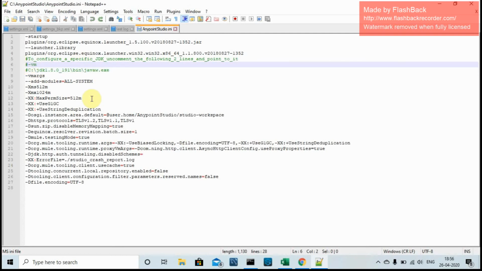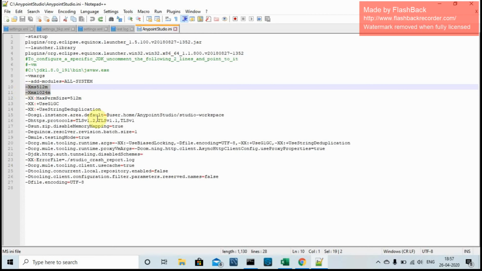Apart from that, many times people complain, oh, this 7.4.2 version of Studio is very slow, so it's better to go for the 6 version. No, no. There is a way to change those values. These are Xms and Xmx, the minimum and the maximum heap size the Studio will take up. You can increase it according to your RAM size. Currently I'm using a 12 GB Windows machine, and with 512 megabytes for Xms and 1 GB for Xmx it is working fine, so I will keep it as it is. Otherwise I can increase these values accordingly.